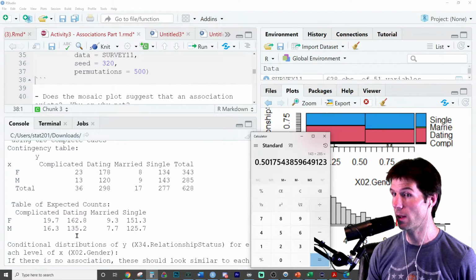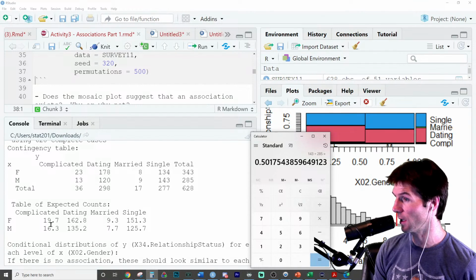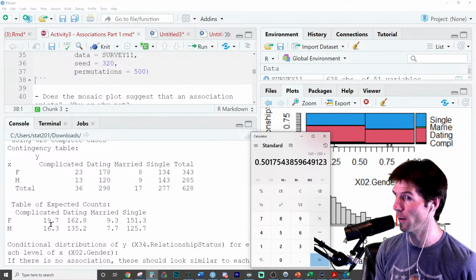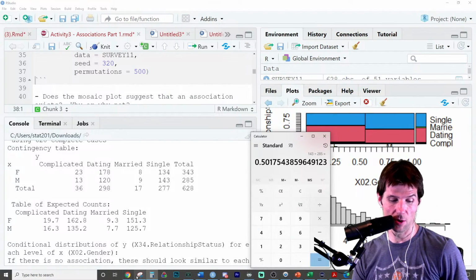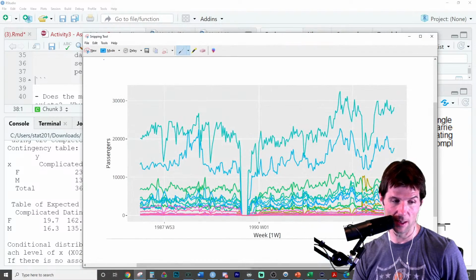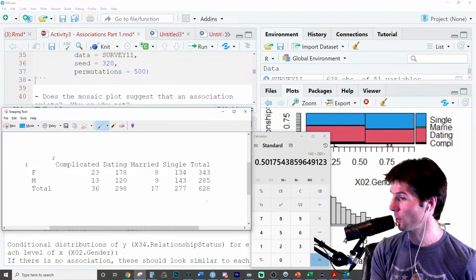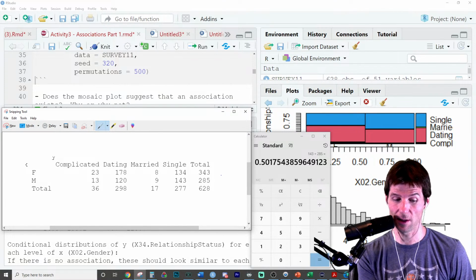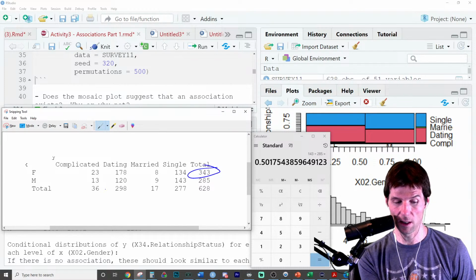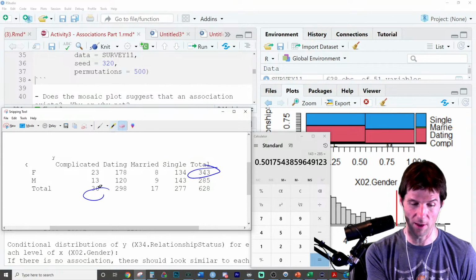We also need to know how to do things like finding the expecteds. That's key for the test. This is straight teaching to the test right now. To find an expected, let's show the trick for it. To find the expected, we'll go here and we'll take row total times column total over grand total. Teaching to the test here. Not that I always do that. But if you were to take this, and I can't draw,